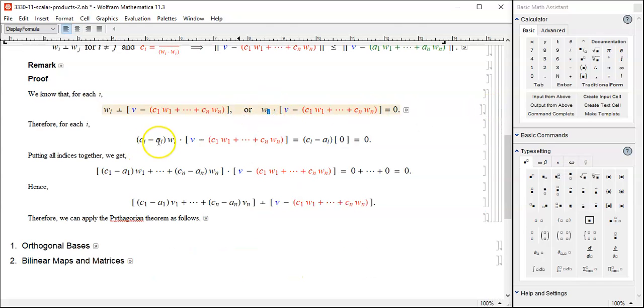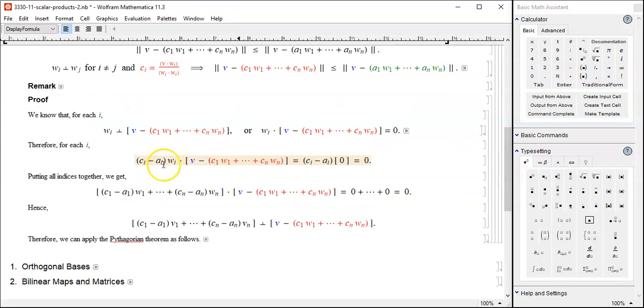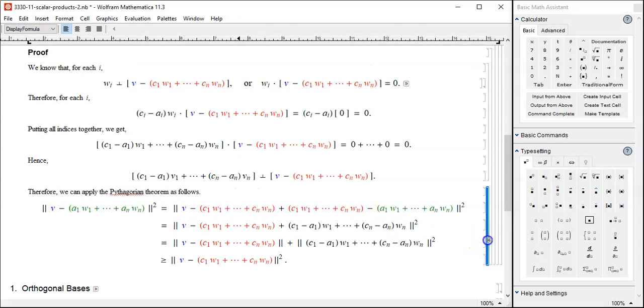Because this one is perpendicular, we can just elongate a little bit in the same direction. What do you get? This scalar times this dot product is scalar times 0, so we have 0. Does it help? Oh yes, indeed, because this dot product is 0, and the second term dot product of that is 0, and also the last term dot product of that is 0. So basically we are just adding a bunch of zeros, so that's 0. Consequently, this expression and the V minus orthogonal projection, the orthogonal component vector, are perpendicular, and consequently we can apply